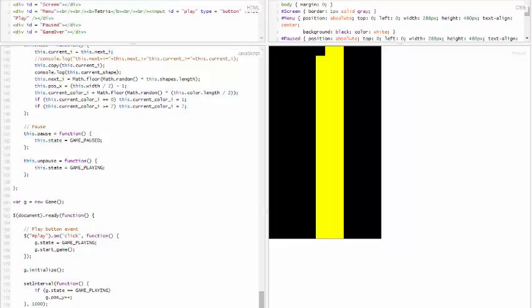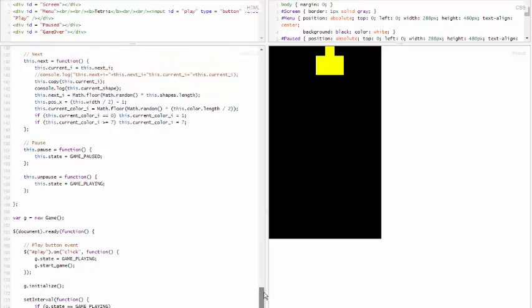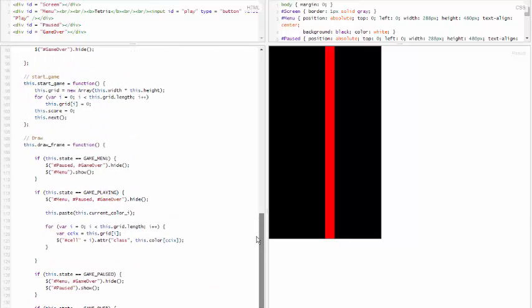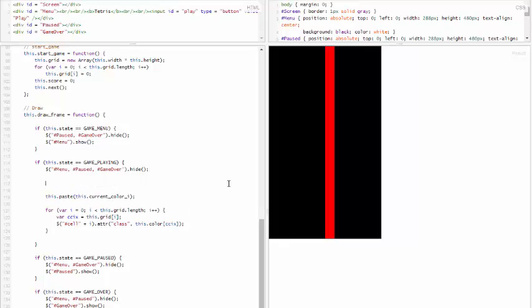and in order to do that, I have to walk through the grid again and try to figure out which function that should take place in. And I need to do that in drawFrame. So when the game is playing, before anything takes place, I'm going to walk through, let's see, the entire grid again. This grid,